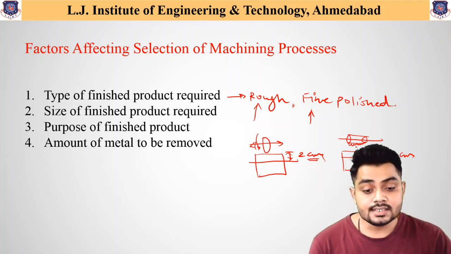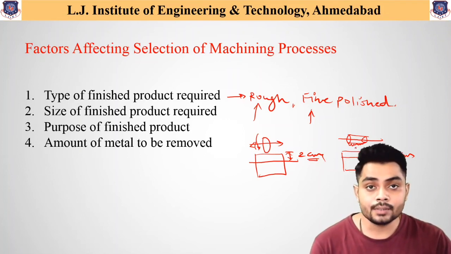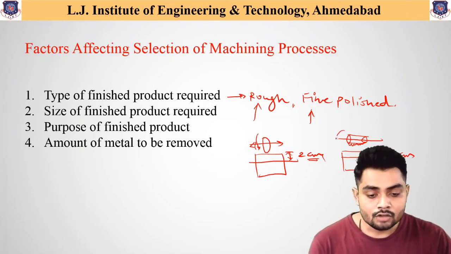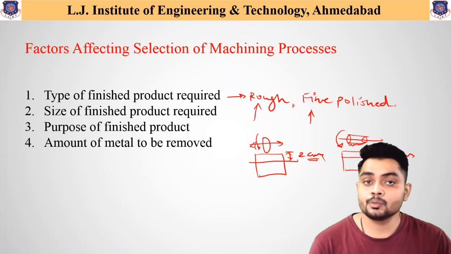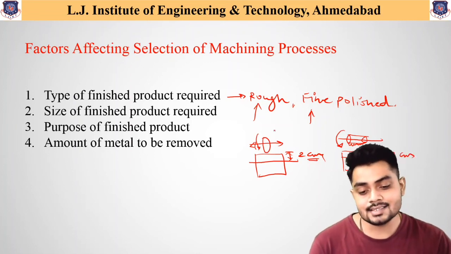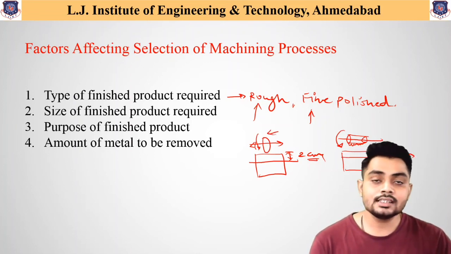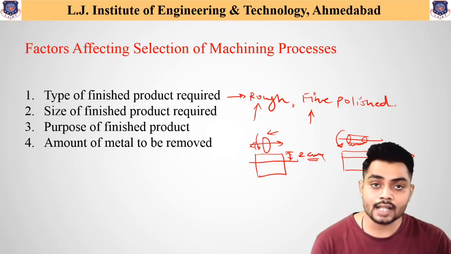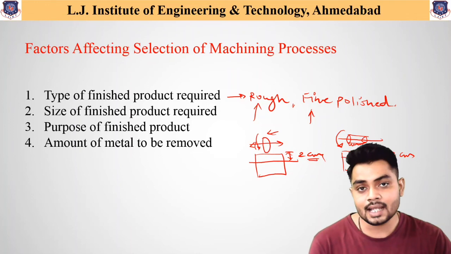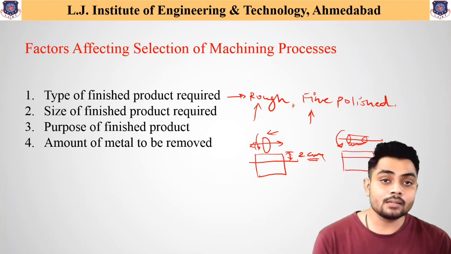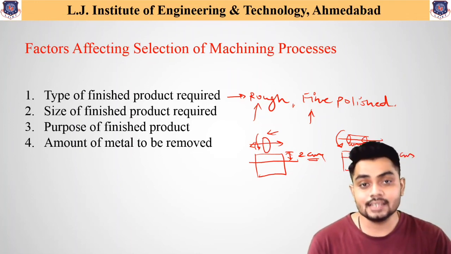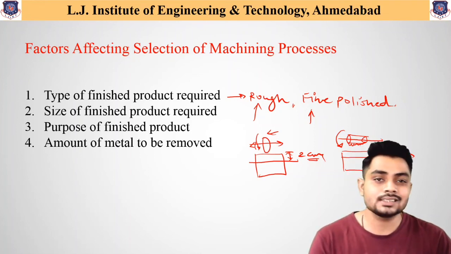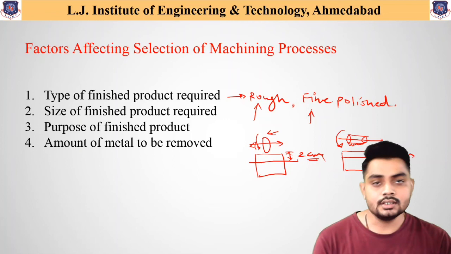Now if we see the machining operation, what happens? For the same output, this milling cutter will finish this particular component very fast, whereas this grinding machine will take more time. That means this grinding operation takes more time to reduce this 2 centimeter dimension. So based on the requirement, the machining process needs to be selected, which results in a better finishing process or a lower machining time for a mass production system.